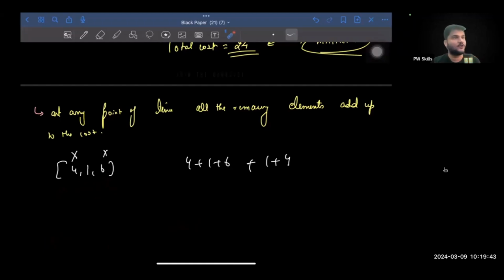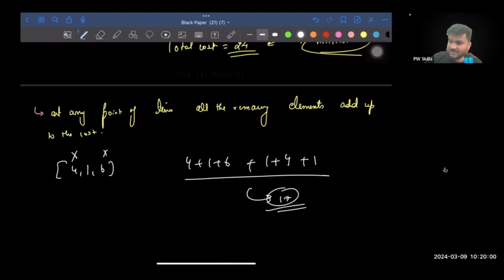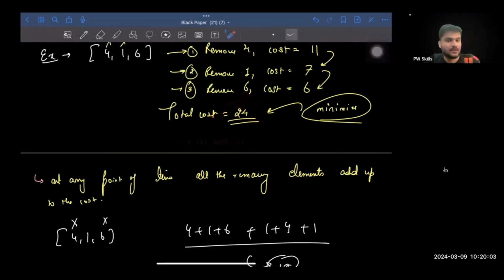So in every iteration, what we are trying to do is reduce the contribution of the largest given element. At last, you have 1. So what is the sum now? This is 11 plus 5 plus 1. This is 17. So the minimum cost for this array can be 17. And can you see 17 is far less than 24? So what you can actually do is,